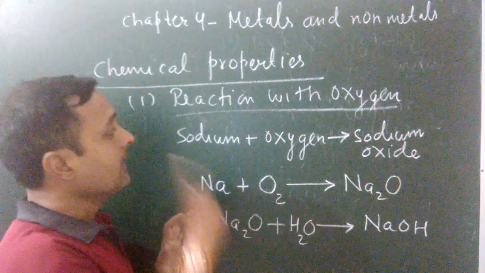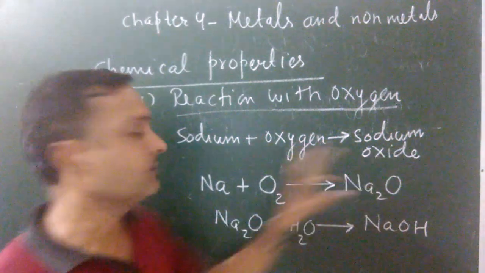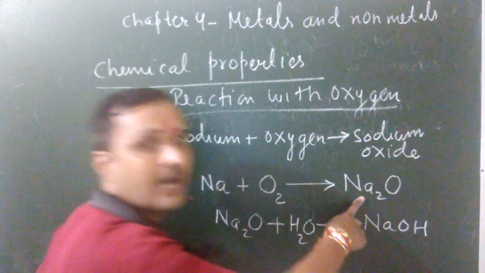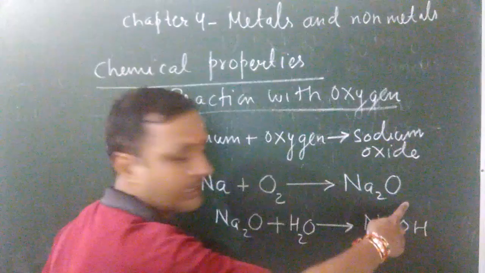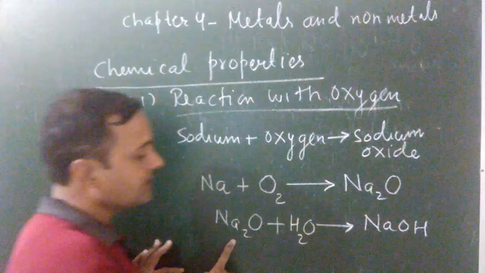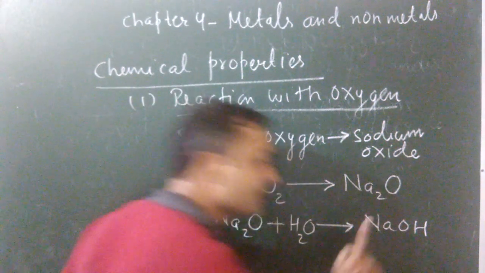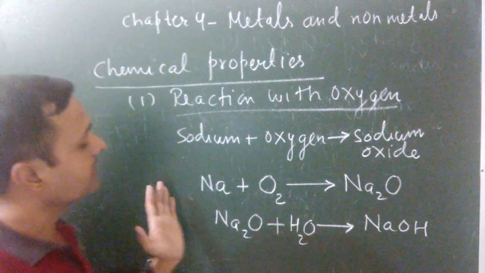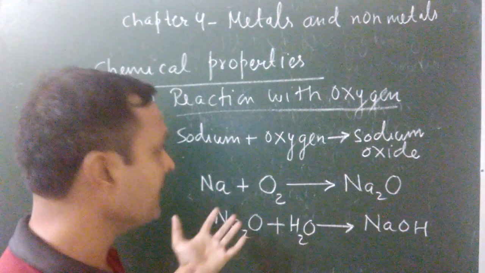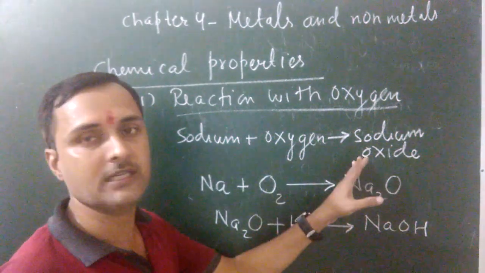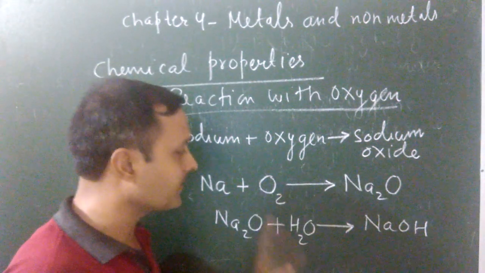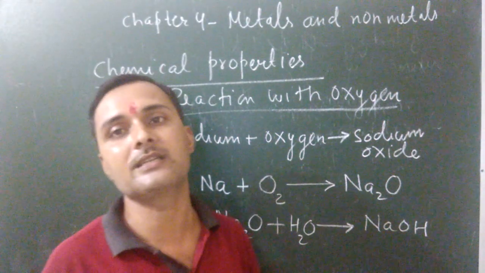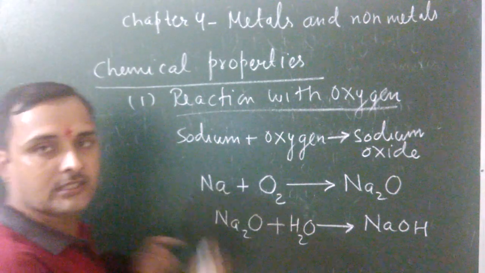So first of all, sodium reacts with oxygen to form metal oxide. You can see Na plus O2 gives Na2O. This Na2O is known as sodium oxide. When this sodium oxide combines with water, it always gives a base, and the name of the base is sodium hydroxide. In the same way, calcium combined with oxygen forms calcium oxide, and when this calcium oxide combines with water, it forms calcium hydroxide, that is a base. Any compound having OH is always considered a base. This is the first reaction with oxygen over.